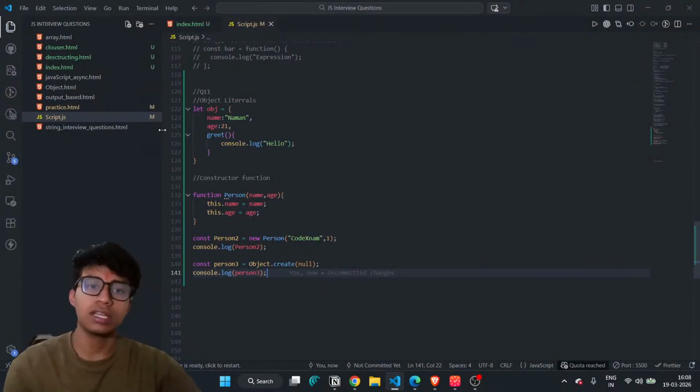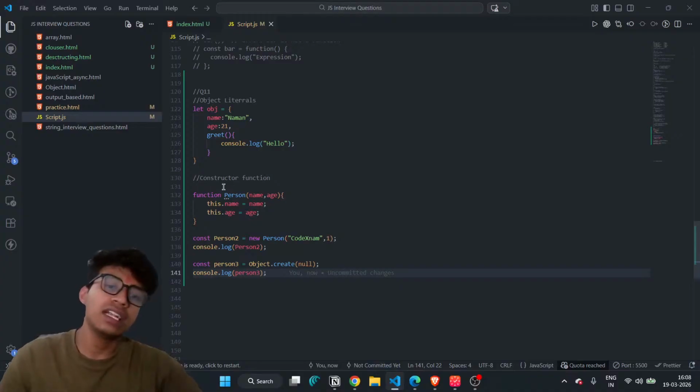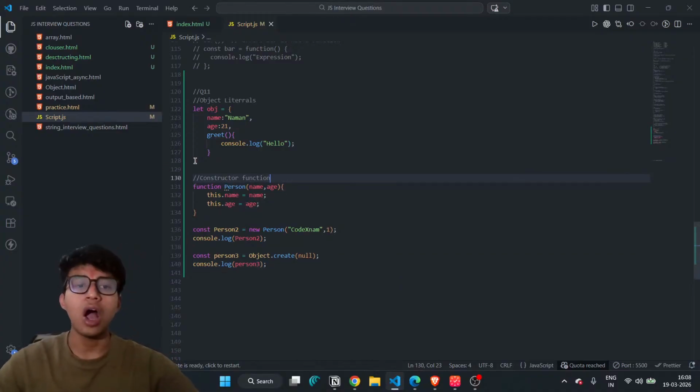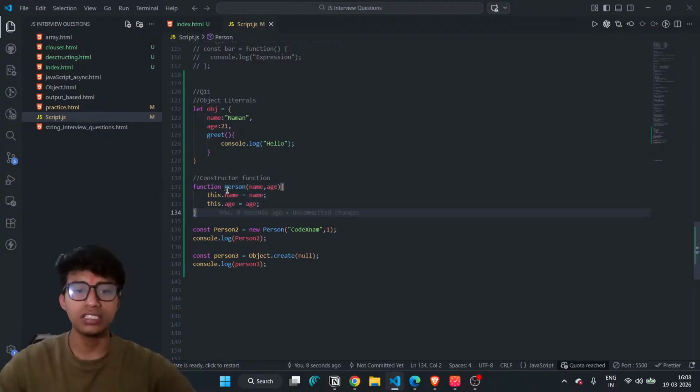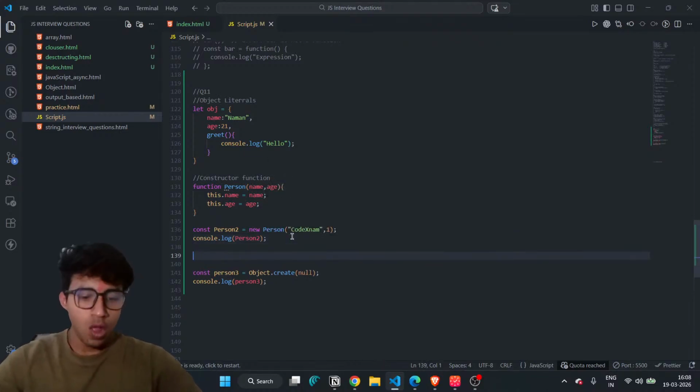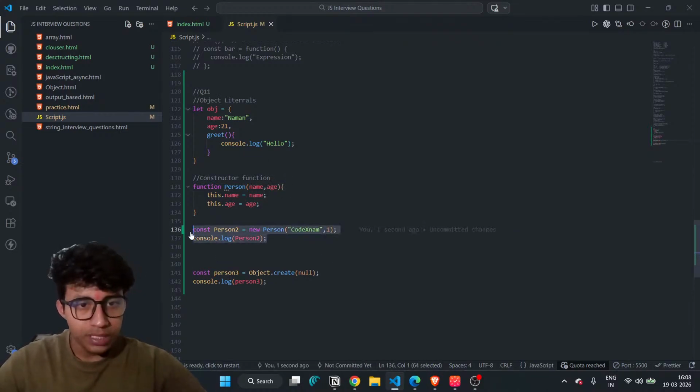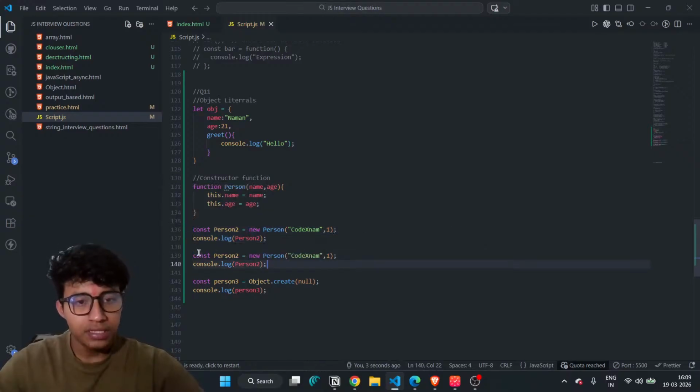So what we understand in question number 11 is how we can create an object and how we can create a constructor function where we store the data. If we create one more object this way, I copy this and paste it there.